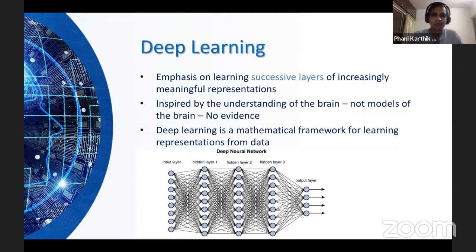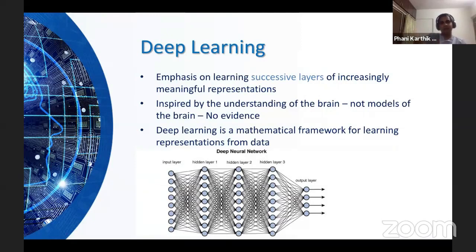Now, the diagram I have shown, if you see, on the leftmost there is the input layer, and in the middle there are three hidden layers, right? These three layers are actually not seen by the user. The user is just seeing the input layer and the output layer. But these are the deep neural network layers, right? Which is why the term deep learning comes, because there is a depth. So in this case, the depth of learning is: one representation, two, three, four. Four transformations are happening. So depth is four. There are four successive layers, right?